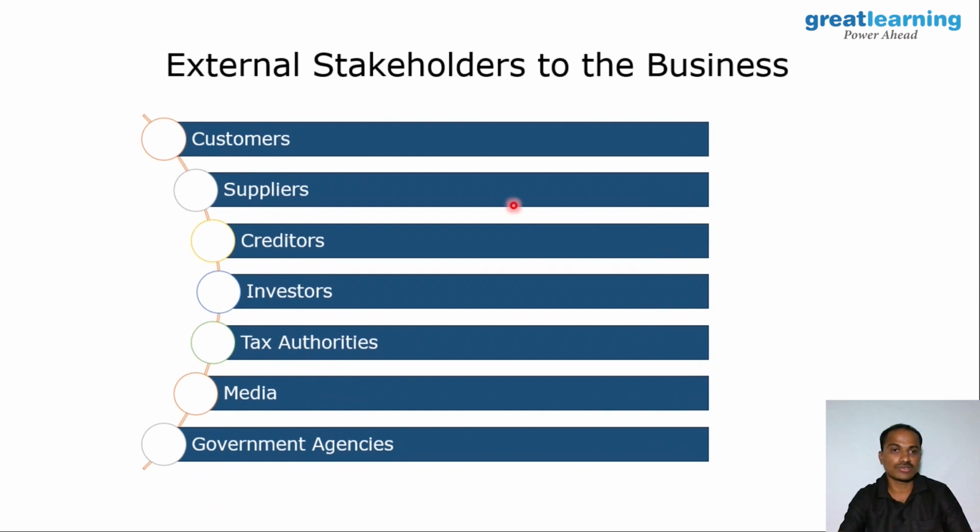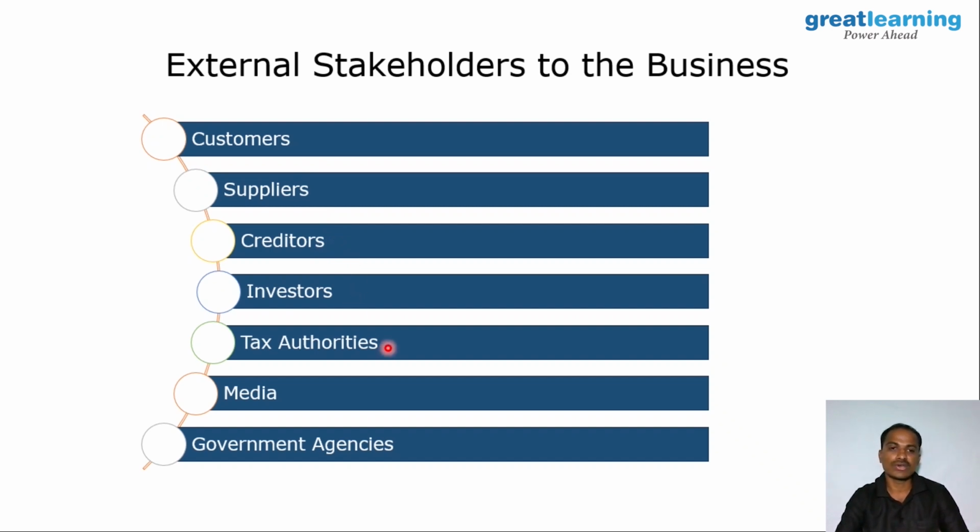They may be customers, current customers or past customers, or potential customers who are about to buy, about to become your customers. The suppliers, people who are actually supplying raw materials and the basics for manufacturing or services. They may be creditors, people who have given money to a business, the investors who are interested in the business,